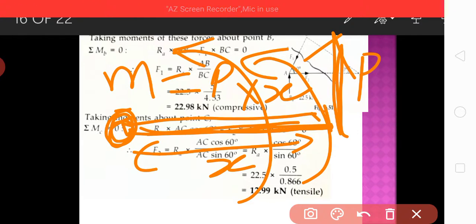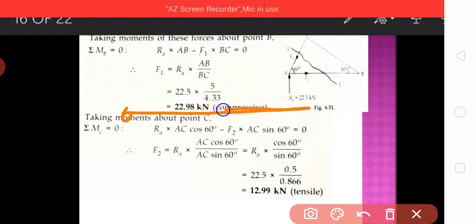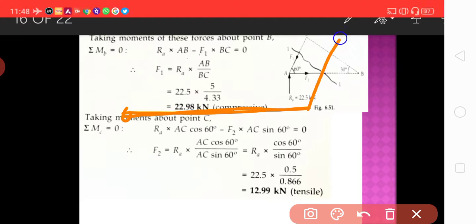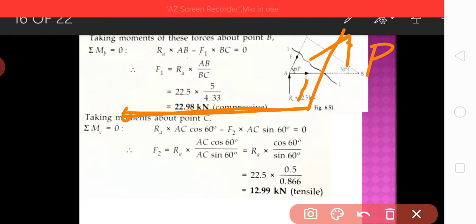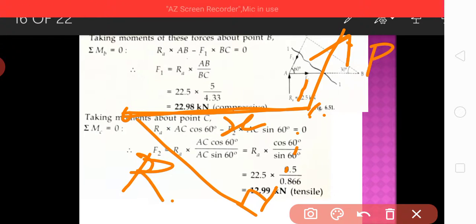Now, say same way, this is the lever. If this force is acting at an angle like this, say P force, and this is say X, then what we do, we will just pull this line of action backward and draw a vertical on it. This is the vertical. Then this will be its arm, say R.